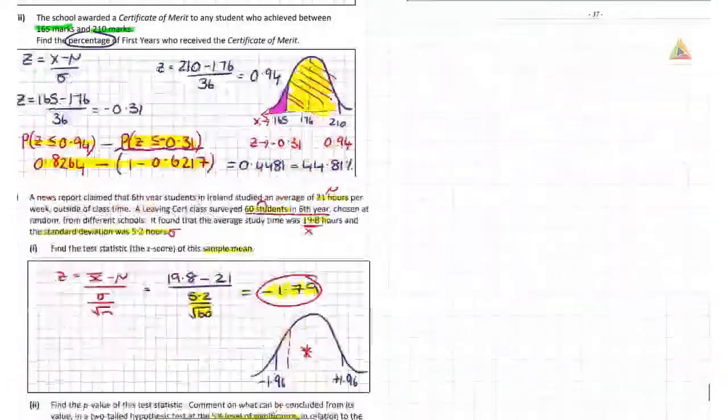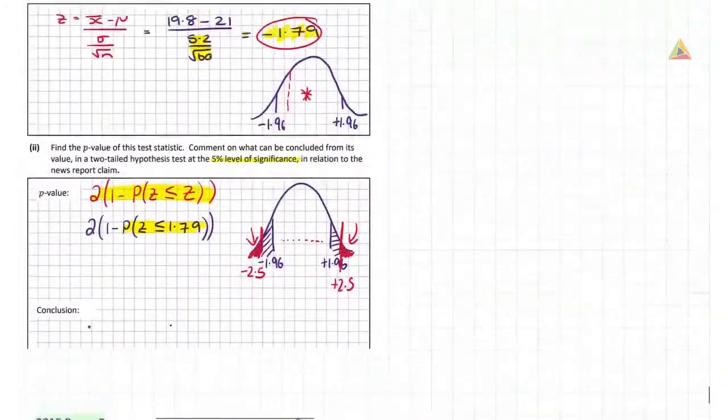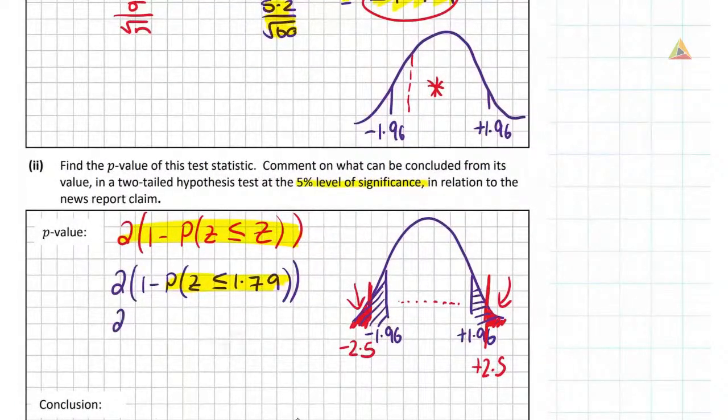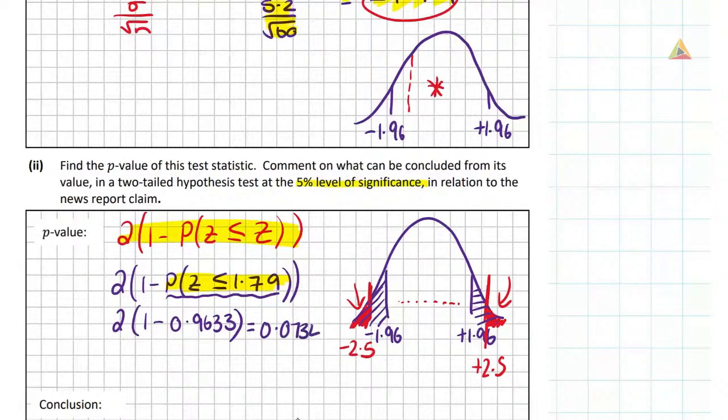Okay. So back to our question. It's going to be 2 times 1 minus, and we've just worked this part out to be 0.9633. That can go straight into your calculator and you're ending up with 0.0734, which as a percentage is